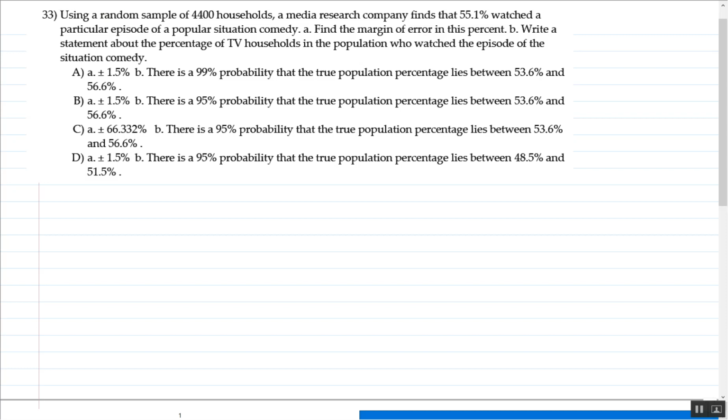Okay, so first we're asked to go ahead and find the margin of error. So remember, the margin of error is equal to plus or minus 1 over the square root of n. So in this case, we got plus or minus 1 over the square root of, and our sample size is 4,400. So plugging this into your calculator, you get